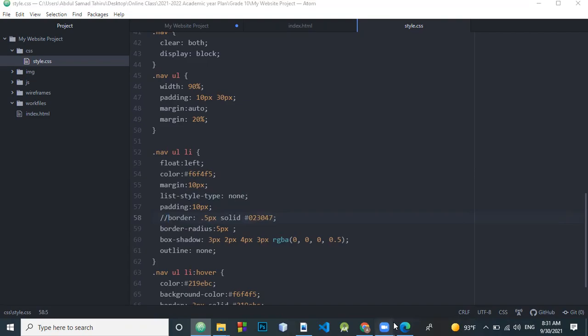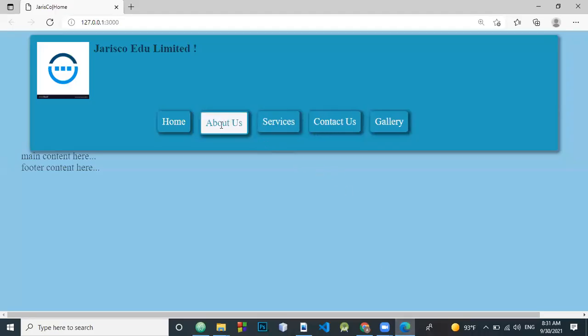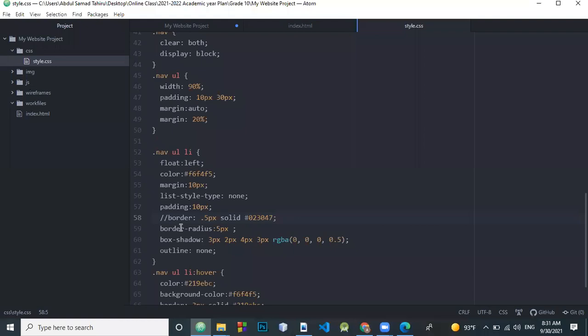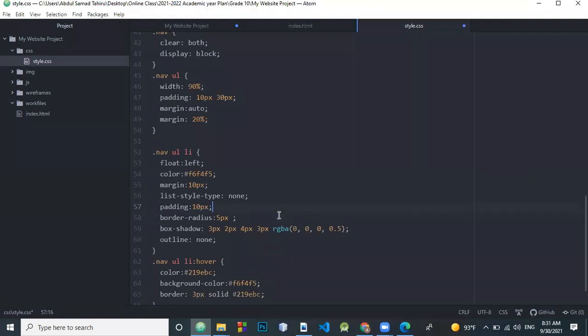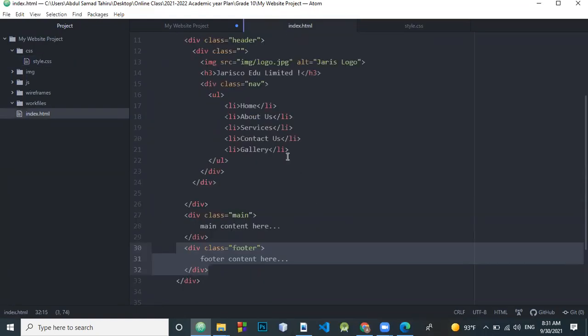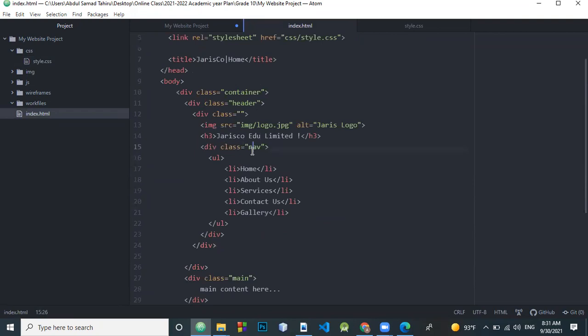Save. Okay, this is okay. It's better to remove the border from the main list here. Save now. Now let's come back to the HTML. Inside here,